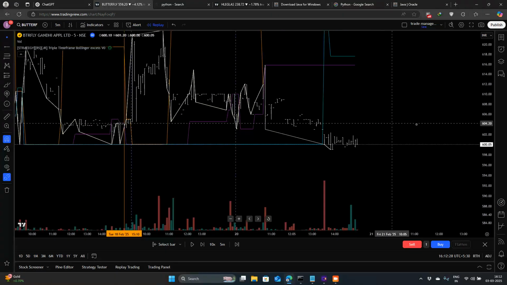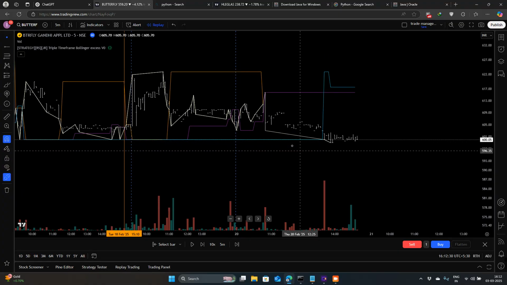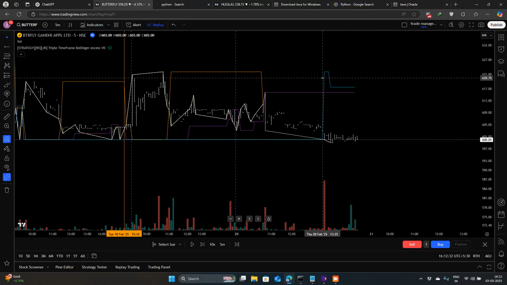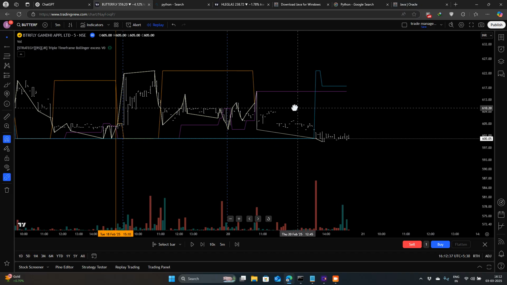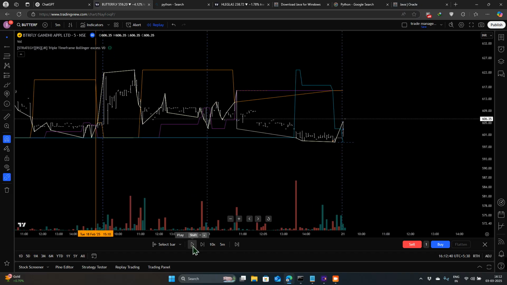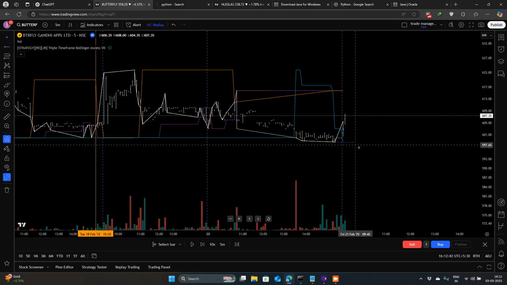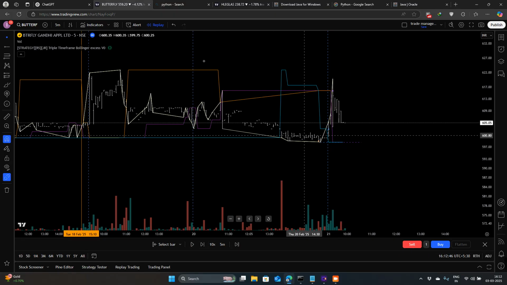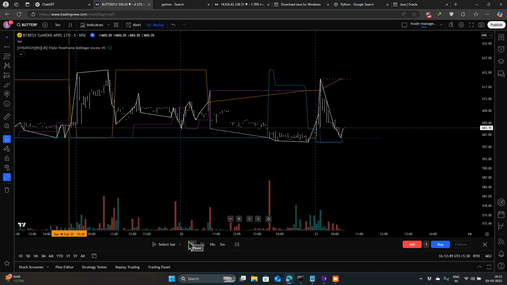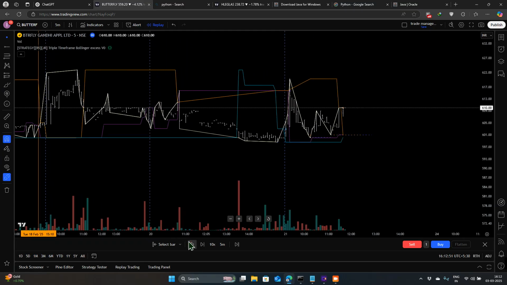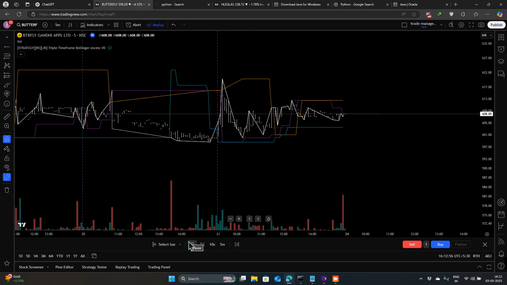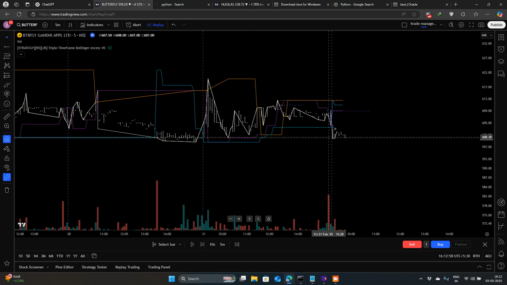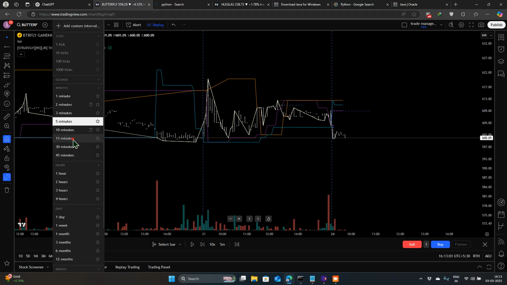Okay, so on 5 we are hoping for the entry, and what we are looking for is this blue line to be up, and we want the purple line and the orange line to be down. Okay, so let's see. This is up, this is up. Okay, we didn't get an opportunity again. So no trade, no trade. Let's see here only. No opportunity. Okay, now an opportunity can arise. Let's see what's going on in the upper time frames.